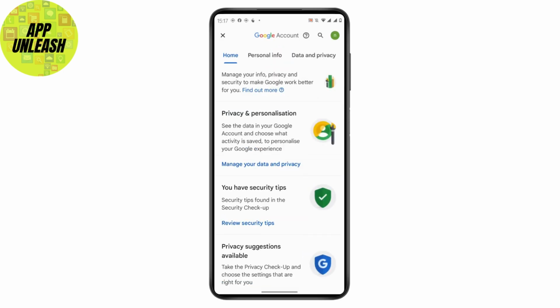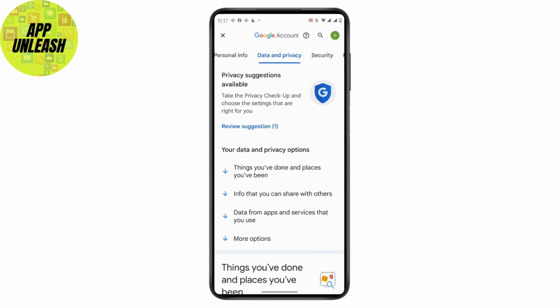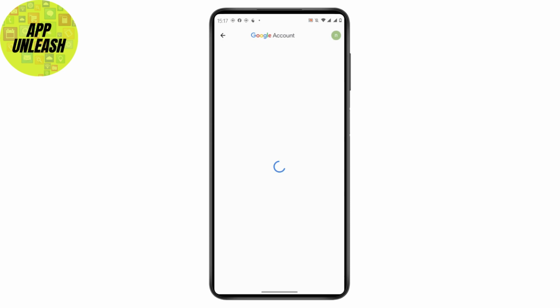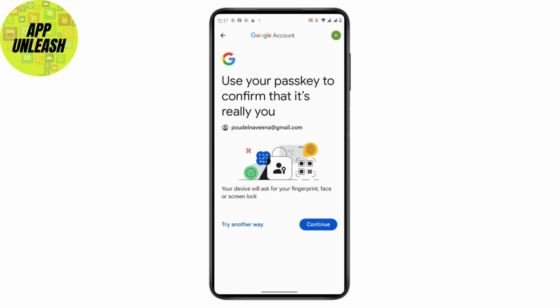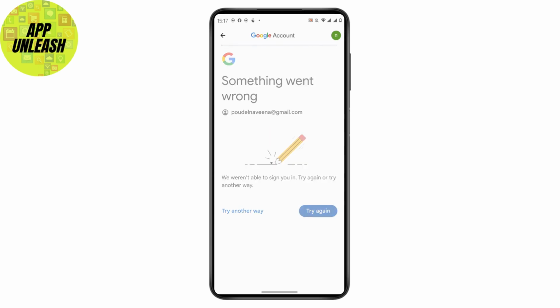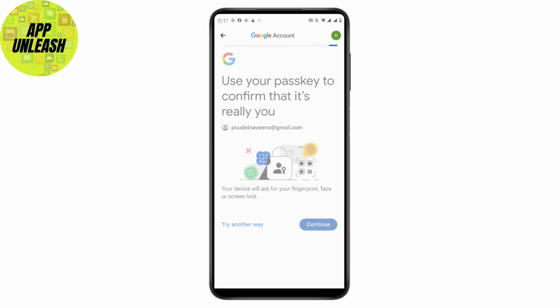center. From here you just have to tap on data and privacy, and inside your data and privacy scroll all the way down, and you will find delete your Google account option. Just tap on it, and after tapping on that option, from here you just have to enter your account's password or the passkey or the authentication code that you have added. So what you can do is just simply enter any one of those options,